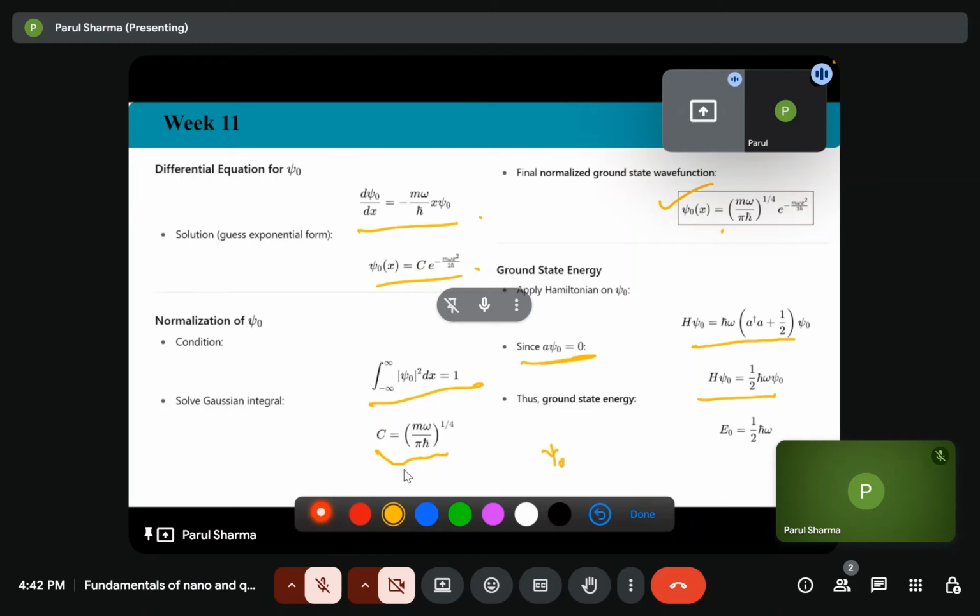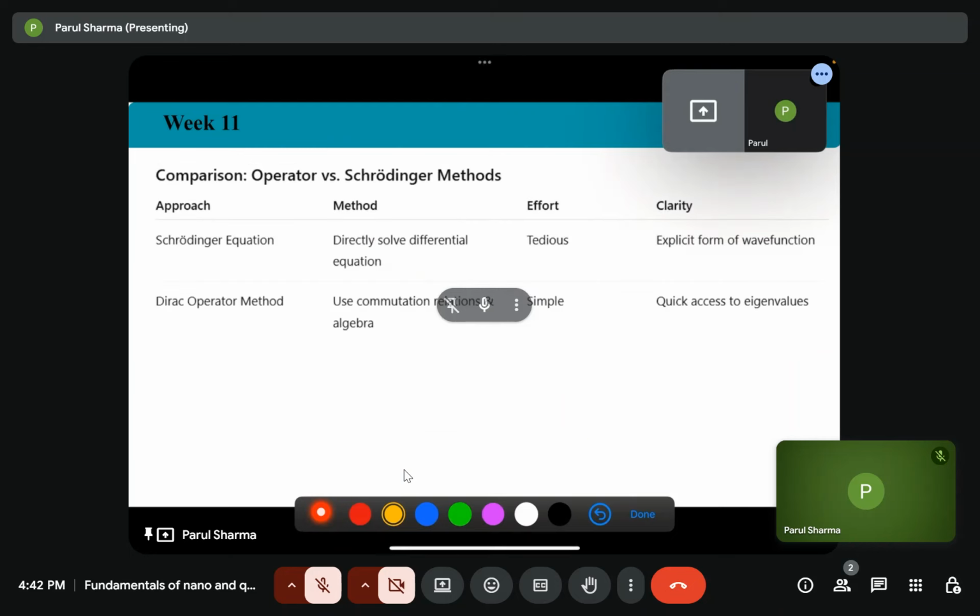What does it mean? It means psi naught satisfies the Schrodinger equation. We can calculate it by finding out the